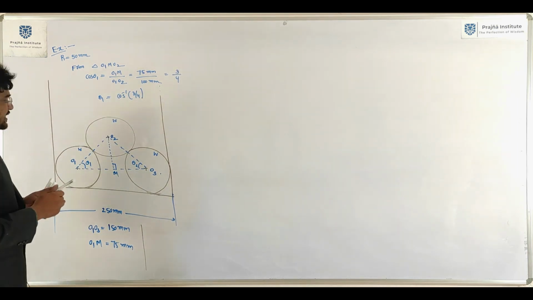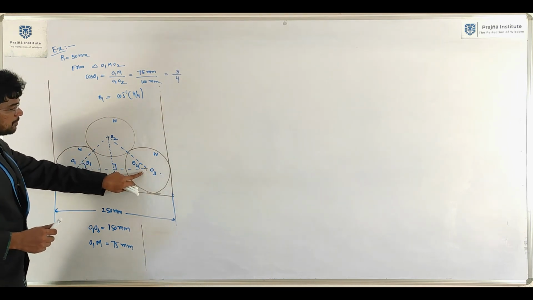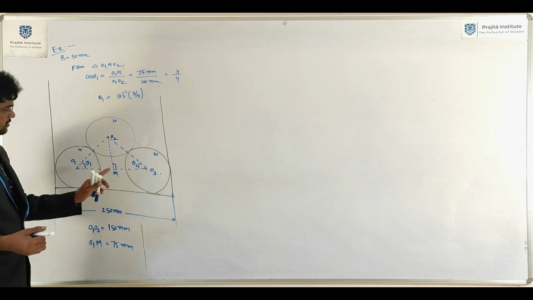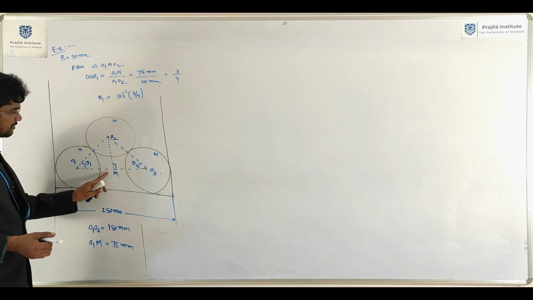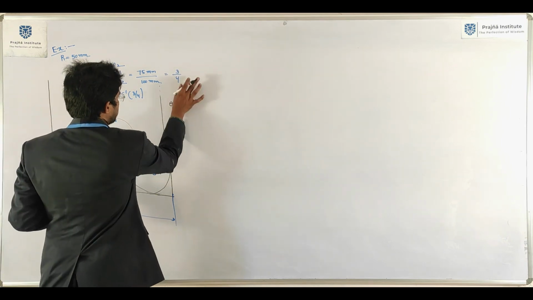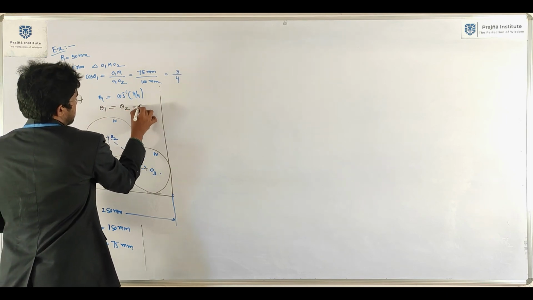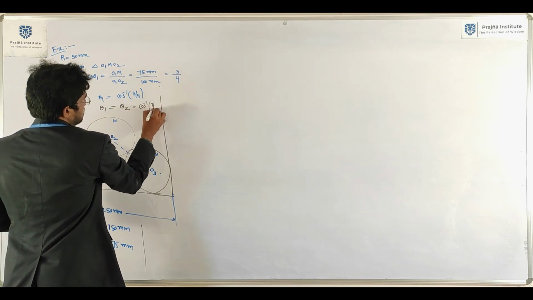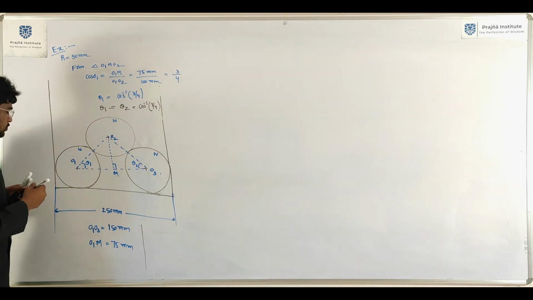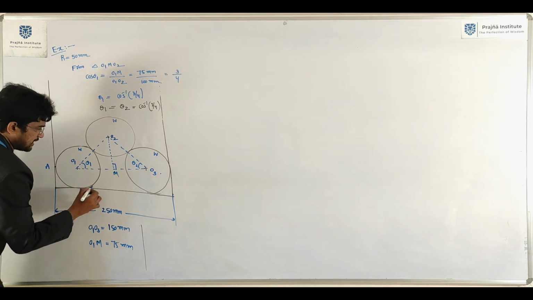That's it. Next, theta 2. Theta 2 will be the same thing, you will get it. It is also the same, 75 by 100. Here theta 1 equals theta 2, cos inverse of 3 by 4. Now try to draw the free body diagram for the rollers. It is just for practice, nothing great here.